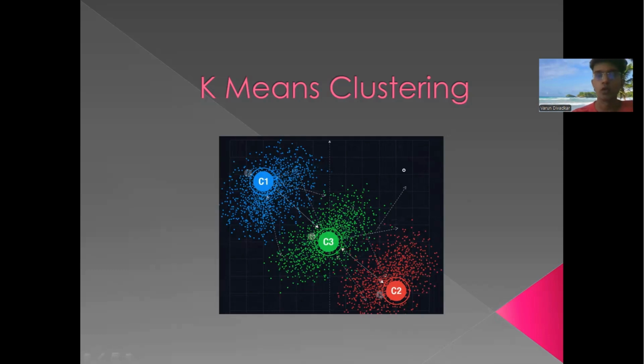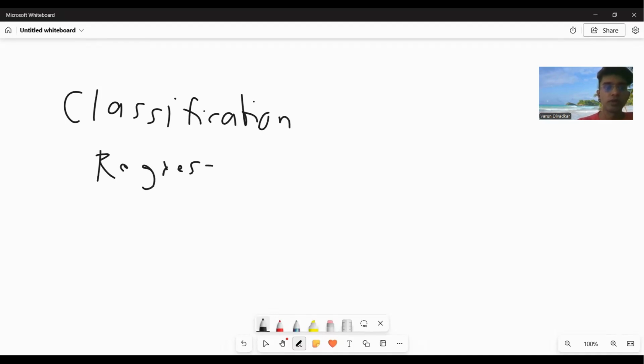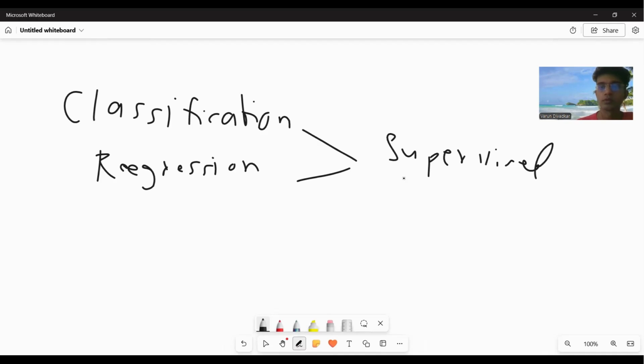So we have studied a lot of other classification algorithms or regression algorithms earlier. Now, the common thing between these two categories of algorithms was that they were supervised learning algorithms. So what's the point here? It's that you had labels